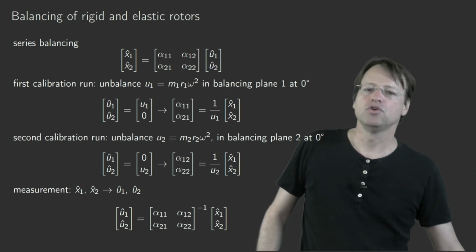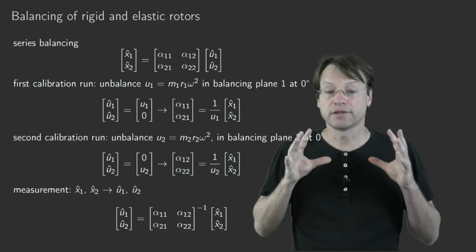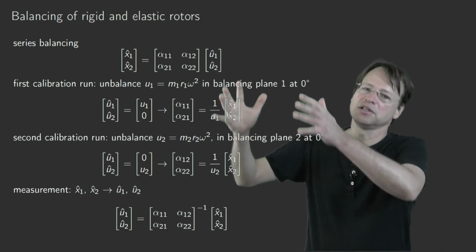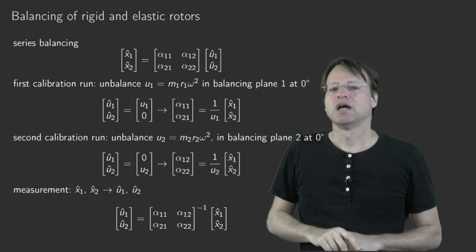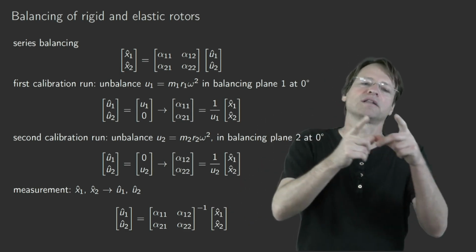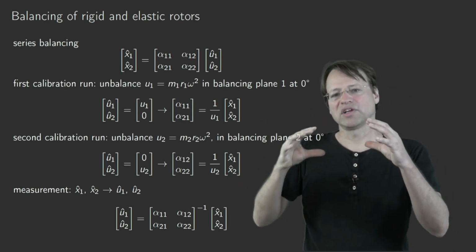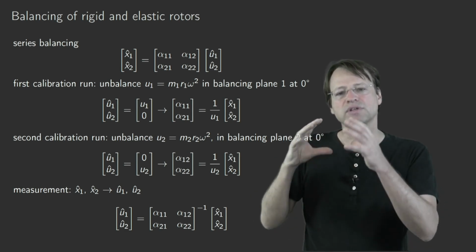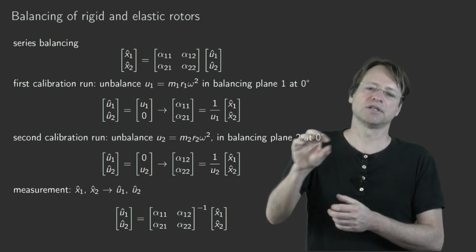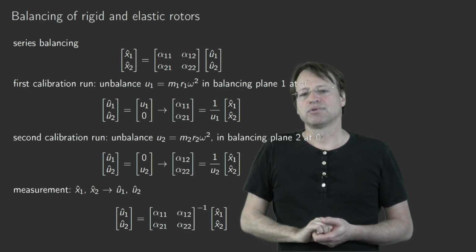Suppose you have one rotor supported in these bearings, and that rotor is the perfect rotor of your choice. And you have a series production of other rotors, and you would like all the other rotors to look like that perfect rotor. So we start with a perfectly balanced rotor, and we do the calibration runs on the perfectly balanced rotor. So we add some additional masses, and then at the very end, after the calibration runs,